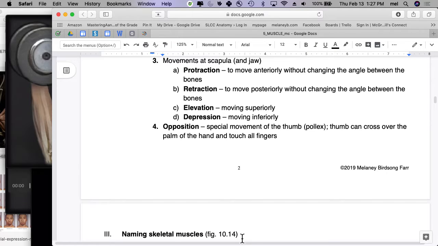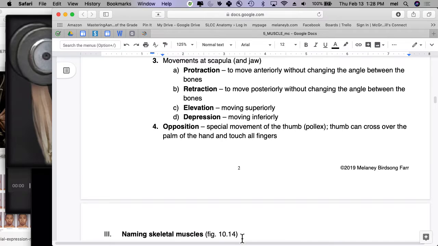This is retraction, and overbite, right? Not really changing the angle between the two of them dramatically. So protraction, retraction. Now, on your scapula, it happens there. It's hard to picture, and it's hard for me to show you. If I take my scapula and suck them close to my body, that's protracting the scapula to bring it in. If I stick them out and away from my body, that's retracting the